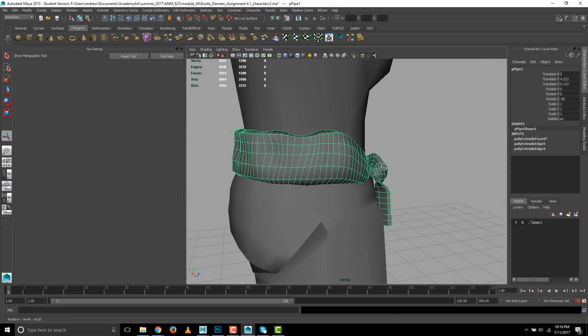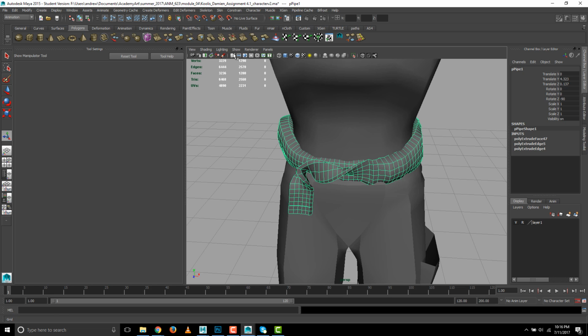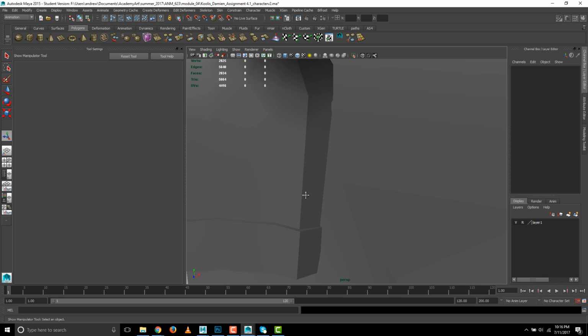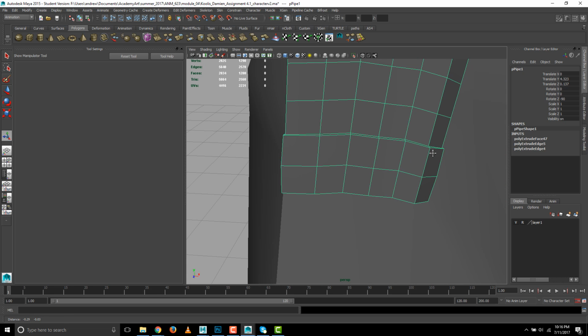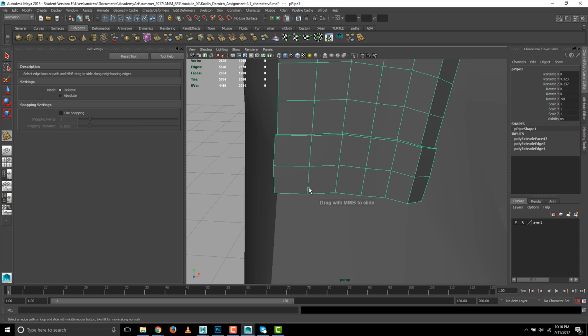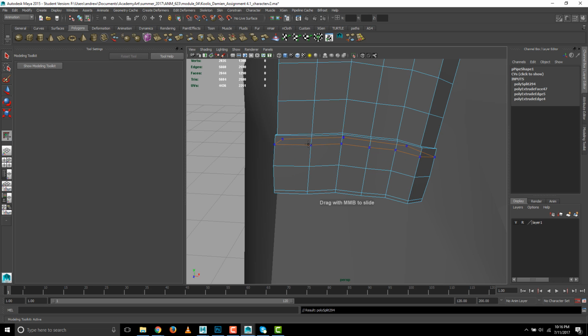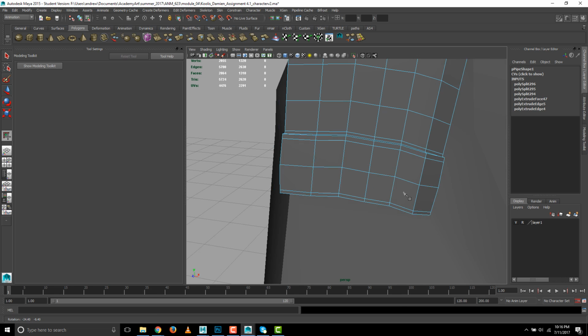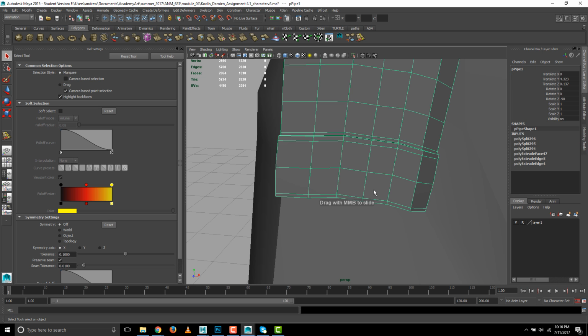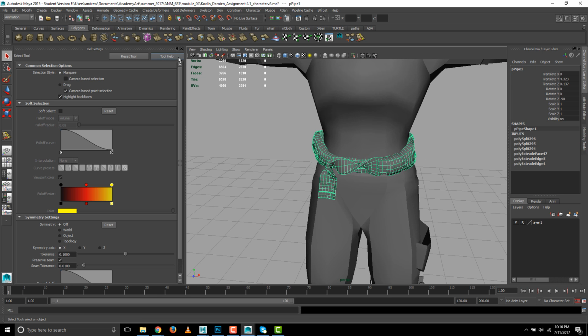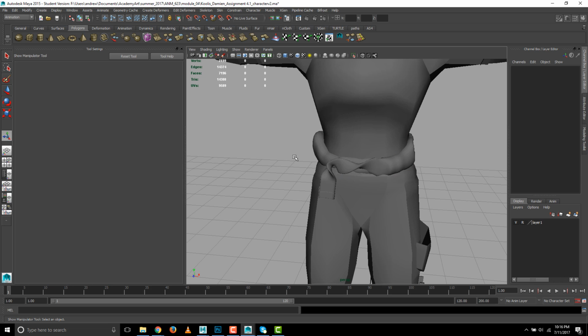And then let's go ahead and smooth it again. Actually, if I'm going to smooth it again, I'll need some holding edges on this to hold its shape. I've got my insert edge loop thing right there, don't I? Why is that not working? Let's try the multi-cut. There we go. If I don't do these extra edges, the cuff will lose its shape, and that scale looks wrong. But anyways, you get the idea. So let's smooth it again. Hopefully, it's not too dense after that. It's pretty dense, but